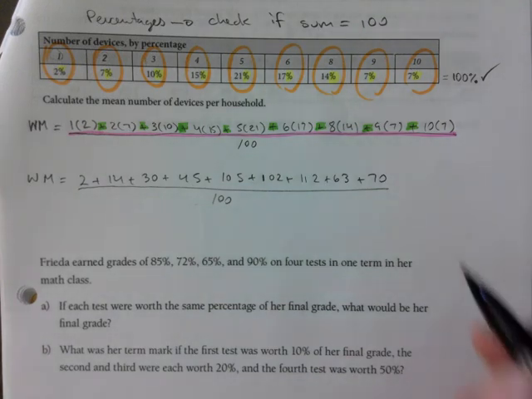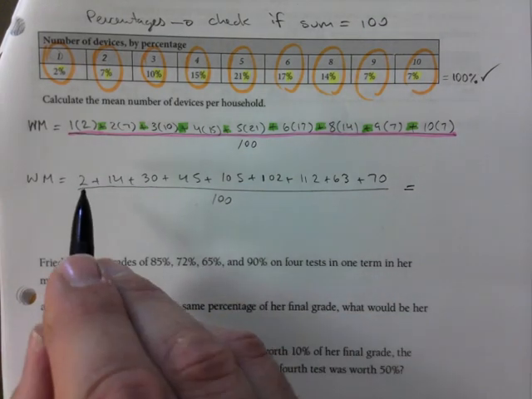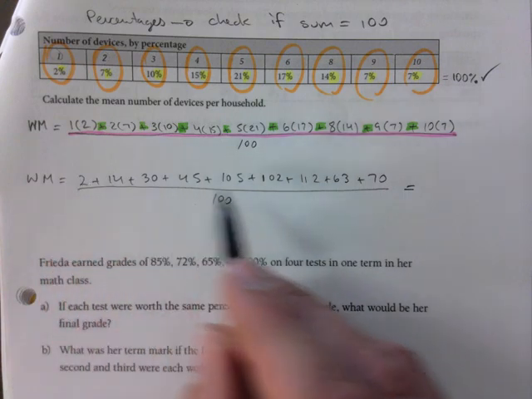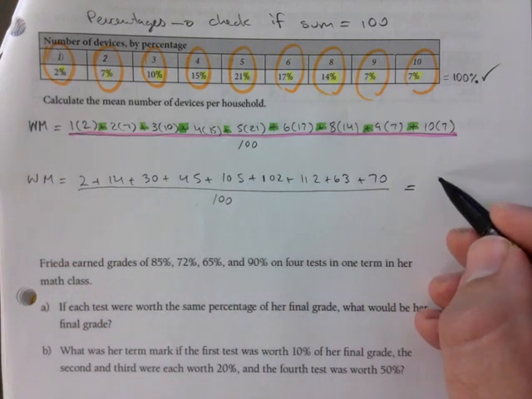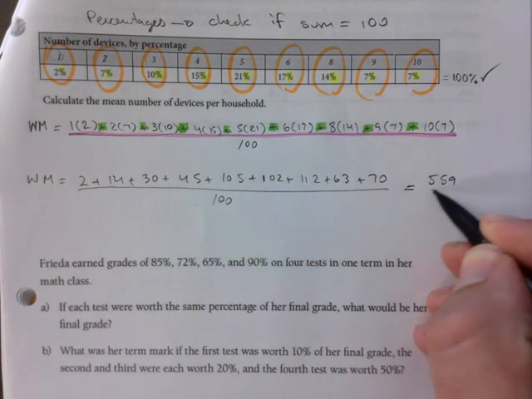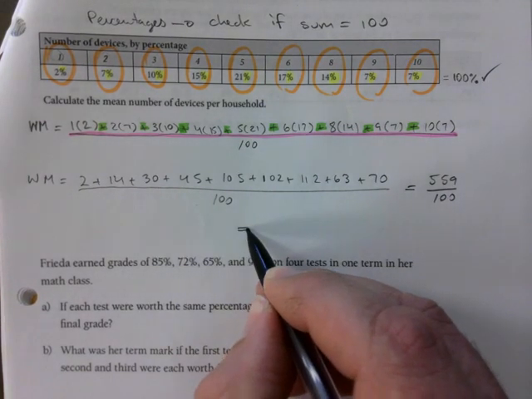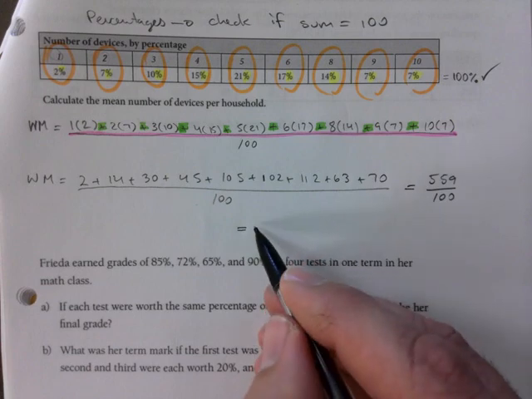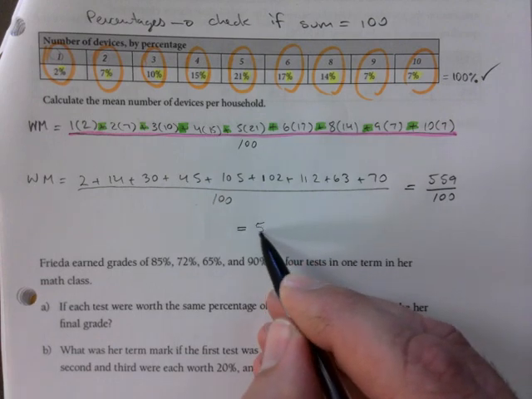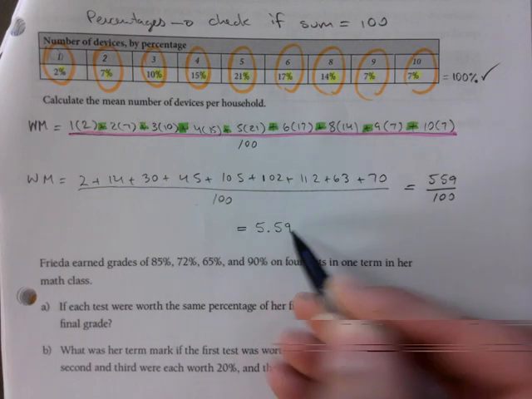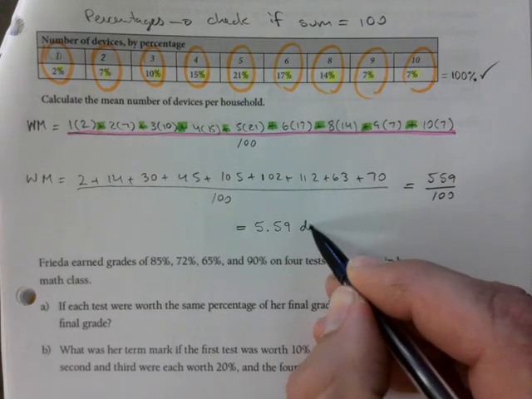I already did this, so I'm just going to cut to the chase. Adding all of this up gives you 559 divided by 100, and that would be 5.59 devices